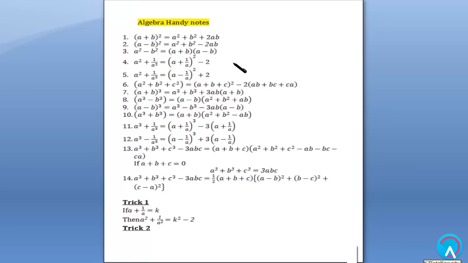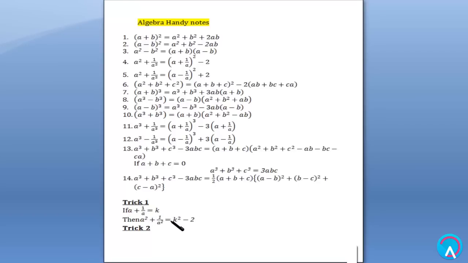At some shortcuts and tricks in solving questions on algebra. These shortcuts and tricks will be very helpful in your examination. So these are some formulas or algebraic identities which are used often in your examinations. And some tricks here are, the first trick is, if a plus 1 by a is equal to k, then